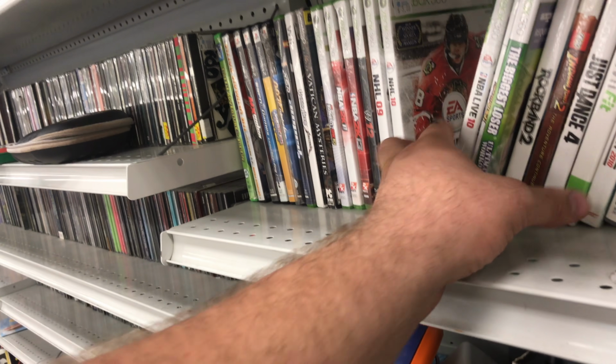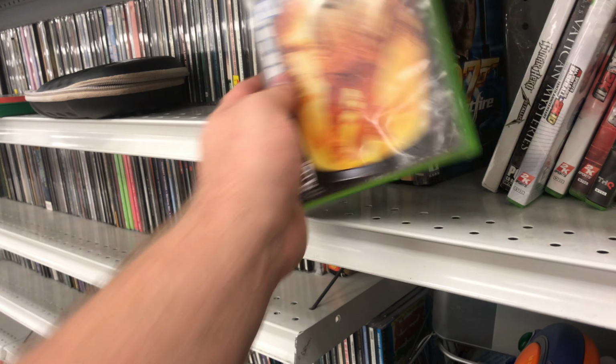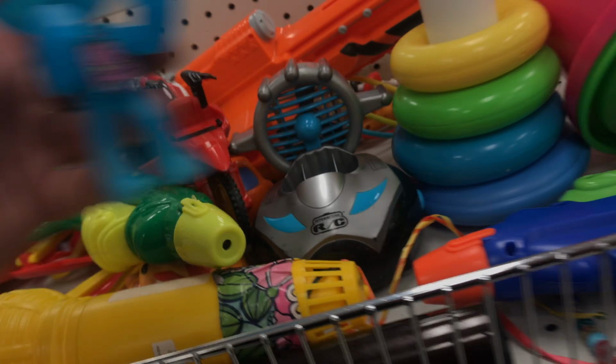More sports games, Guitar Hero. Here's one I don't have. Let's see if it's all there. And it looks like it is. We'll hold on to that one. I've already got that one. I've got that one. I don't check the toys at these Deseret thrift stores as much as I do at